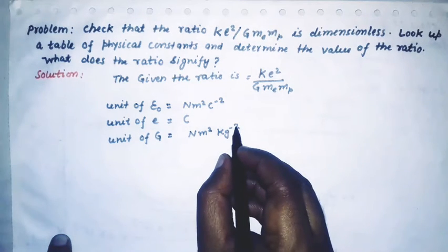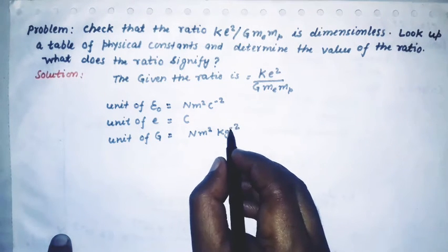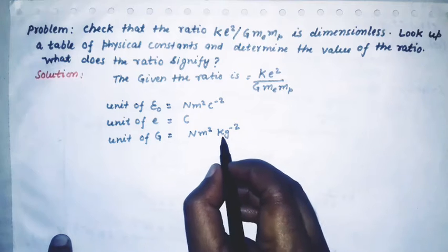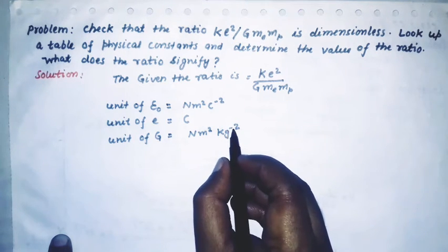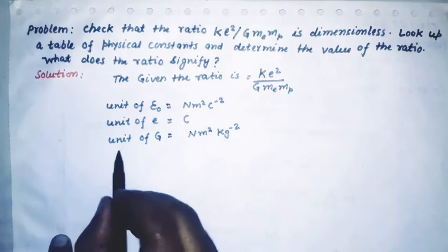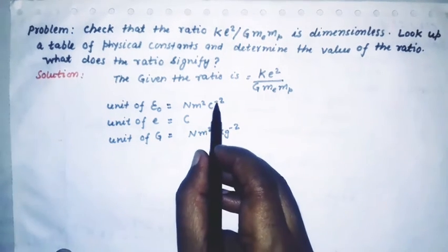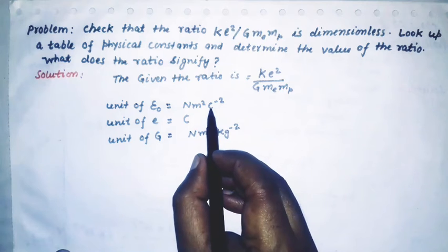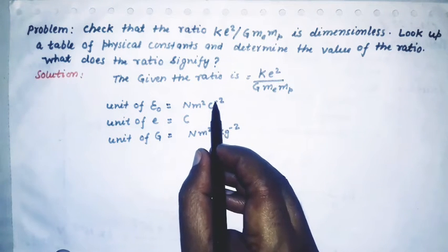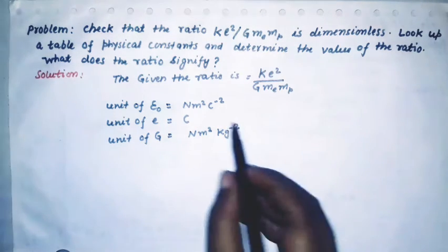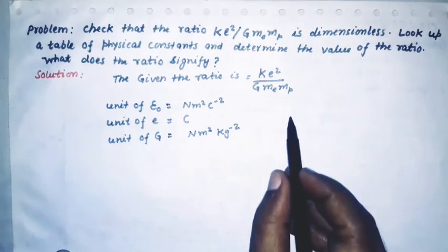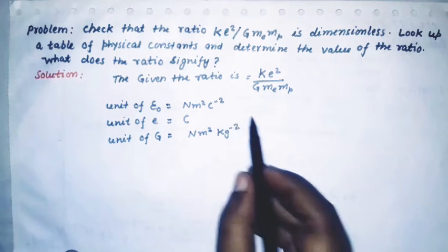This is kilogram to the power minus 2, that means per kilogram square. If there is a minus, we will usually say it as per kilogram square. Similarly, here coulomb to the power minus 2, that is coulomb square, and due to the minus sign, per coulomb square. So going in this way, we will simply illustrate it.